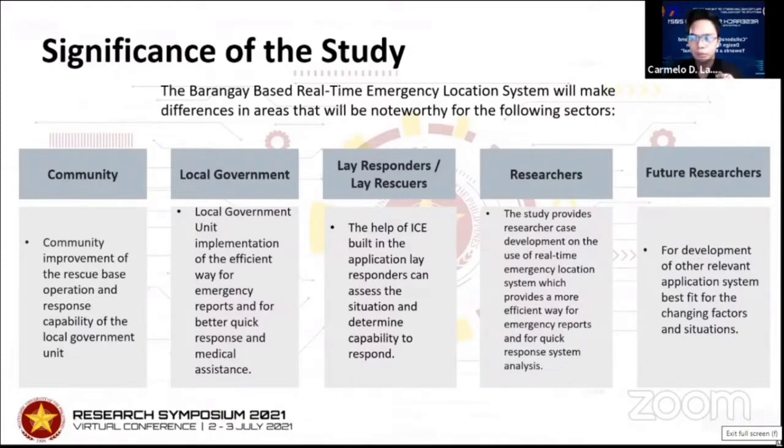They can contribute until medical assistance arrives. For the researchers, this study will provide additional understanding and a chance to further enhance their skills in the development and analyzing of system analysis. For the future researchers, this study would help them gain proper understanding and will serve as a guide for better analysis, reference, and studies.